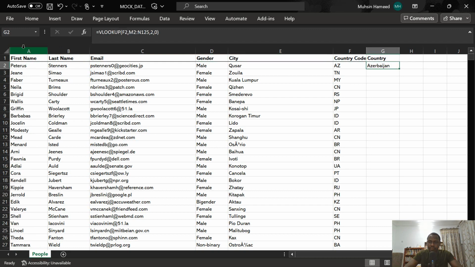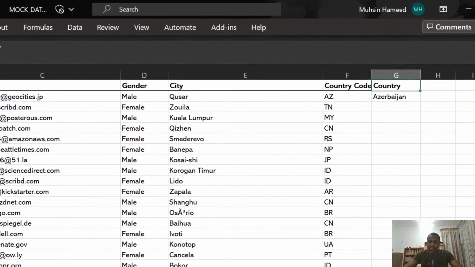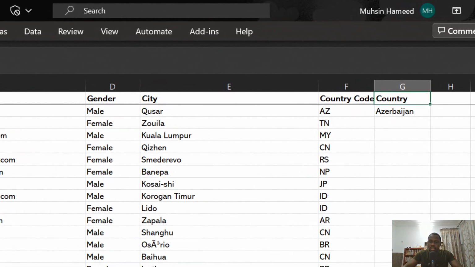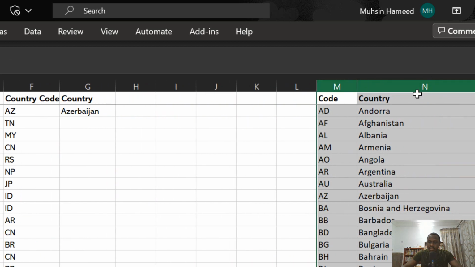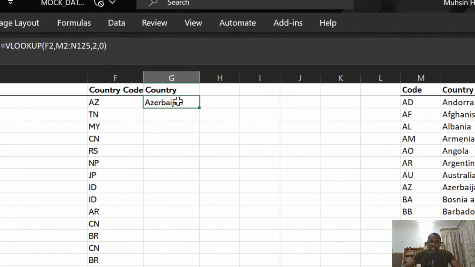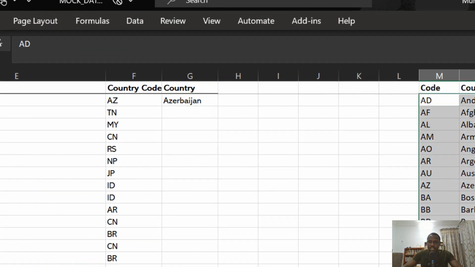What I'm trying to achieve here is this: I have the country code column, and just right beside it I have the country column. So what I need to do is populate this country column by getting the actual country name that is tied to this country code. And to the right I have a list of all the countries and the country codes here. So I've written a simple VLOOKUP here which is using the country code to fetch the actual country name